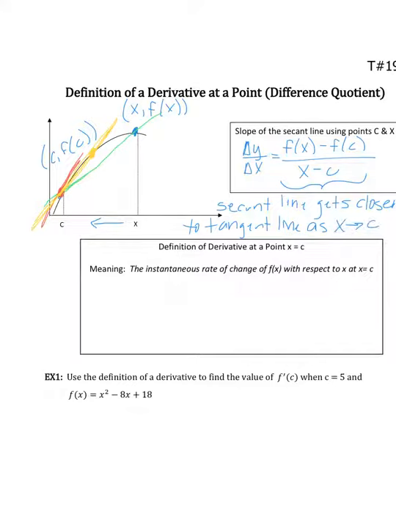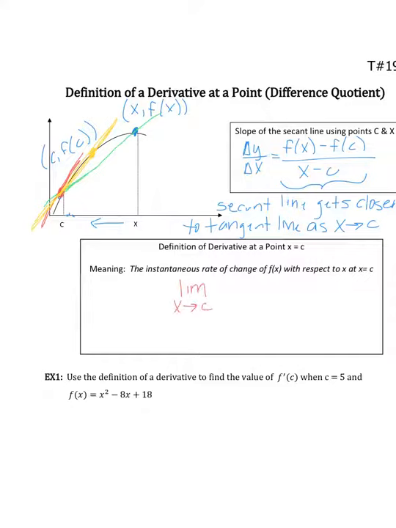So what could I do? Okay, the yellow line is better. What could I do to make it even better? You'd say, well, move it closer. So move x to about right here. Well, if that's good enough, why not move it here and here and here and here? Or in other words, ding, ding, ding, what have we done all last unit? Take the limit. If I take the limit as x approaches c